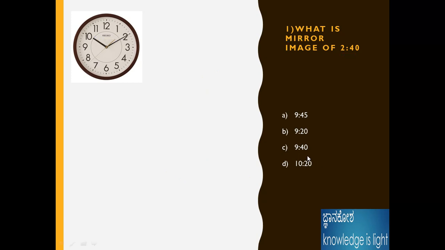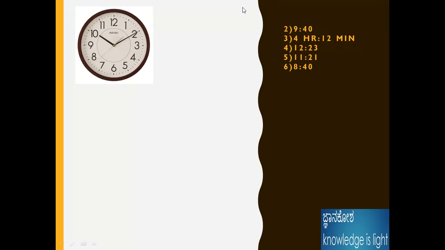Okay, fine. Next problem, the second problem is 9:40. As I already told, 9:40 looks like 2, and 60 minus 40 is 20, so the answer is 2:20. Anyway, I already told this is the 9. I would not take 24 like that; I will take it as 12 only.